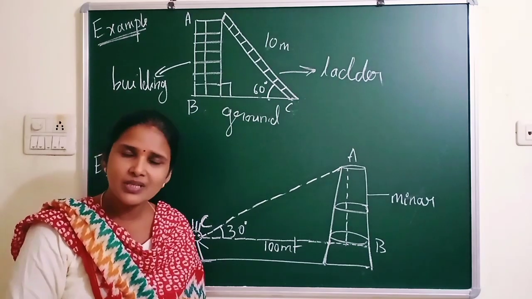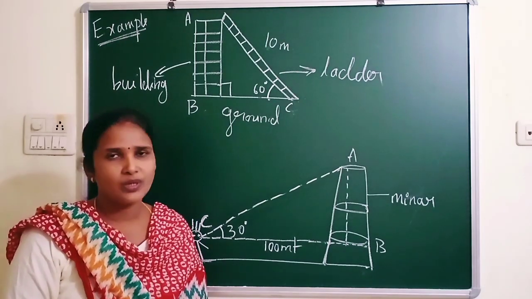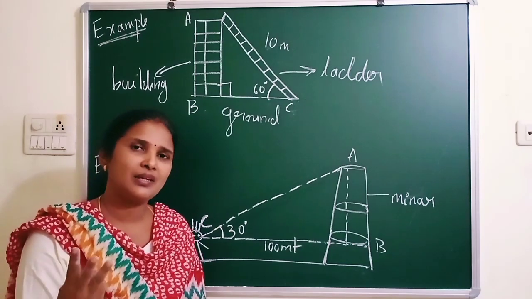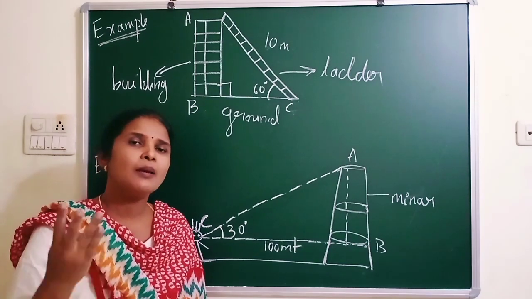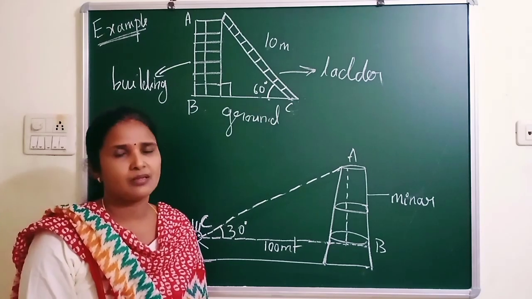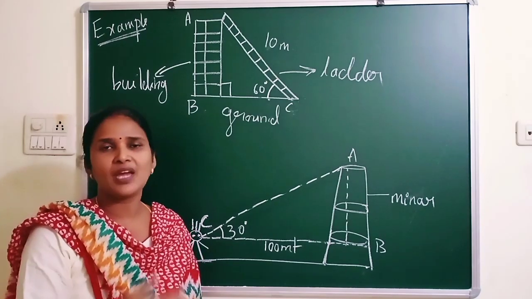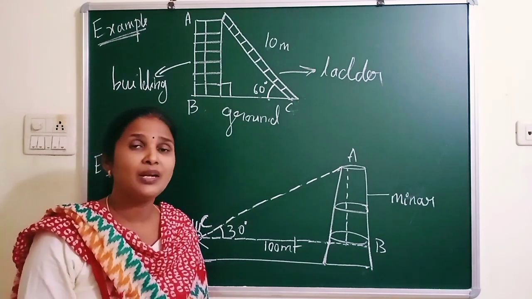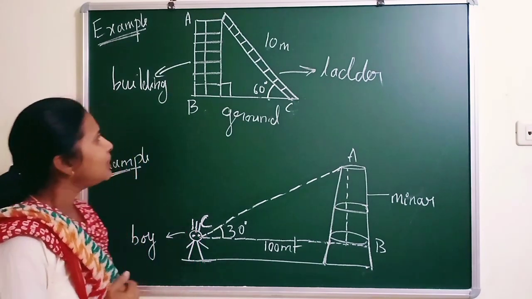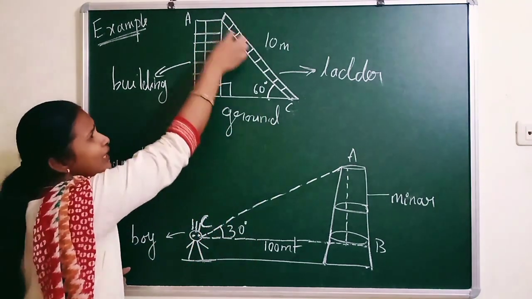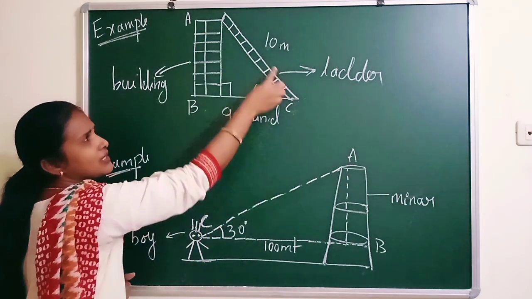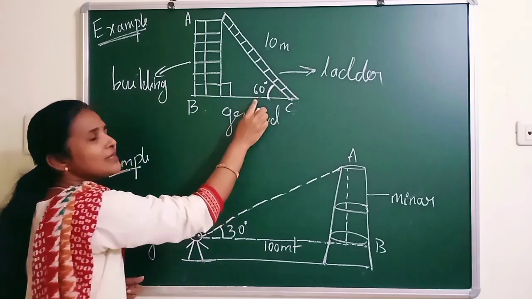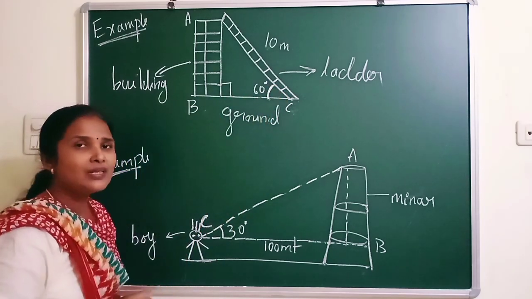So how do we find the height of the building in this situation? Can I find it using the Pythagoras formula? No, it is impossible. Why? Because in the Pythagoras formula you have three variables: the hypotenuse, base and perpendicular. With these three we have the formula, so out of three, if I know any two, only then can I find the third side. But here I know only one side, the hypotenuse, the length of the ladder, 10 meters, and one angle, 60 degrees, which is an acute angle.